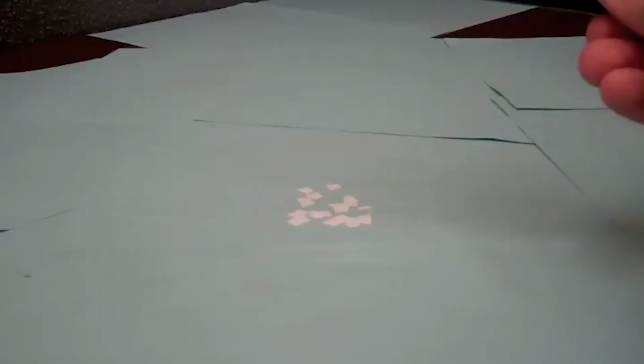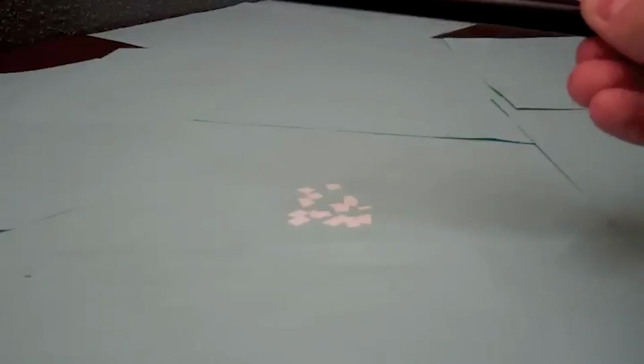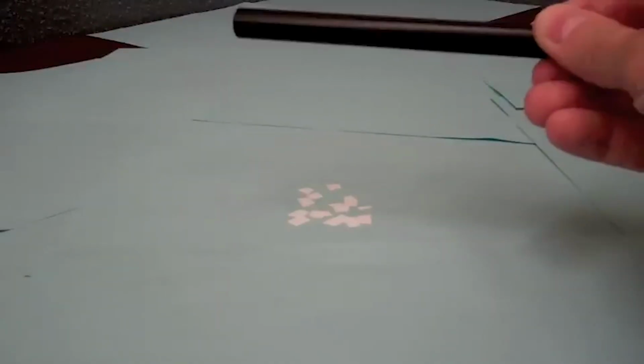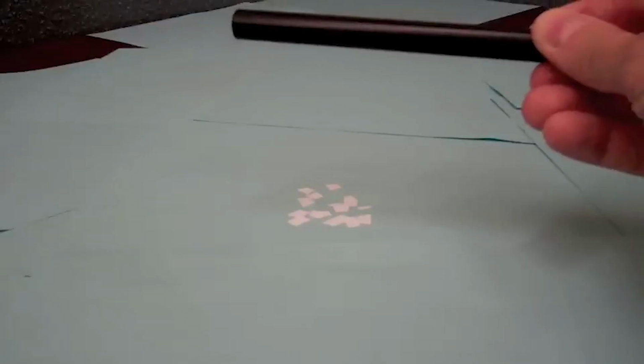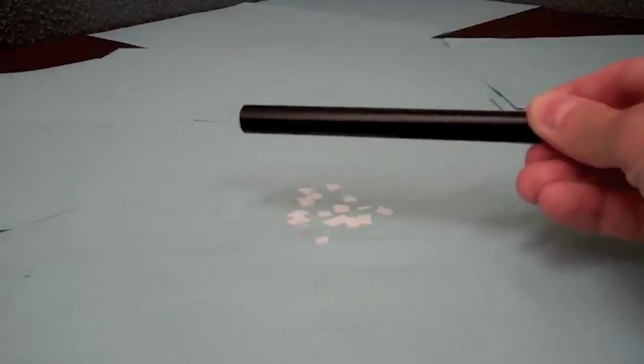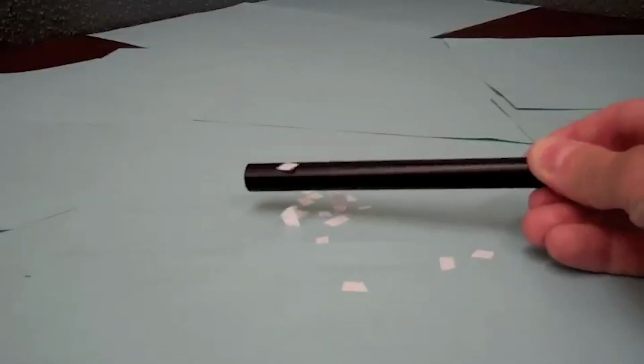So I'm going to again bring the negatively charged PVC tube in the vicinity of these scraps of paper. The paper will become polarized and then get attracted and jump up to the PVC, where some of them may acquire electrons, become negatively charged, and then bounce away off the PVC tube. And some of them that don't acquire the electrons are polarized and will stick to the PVC.